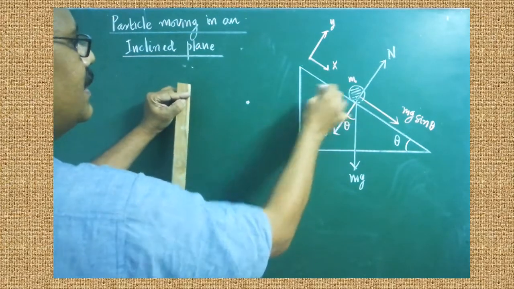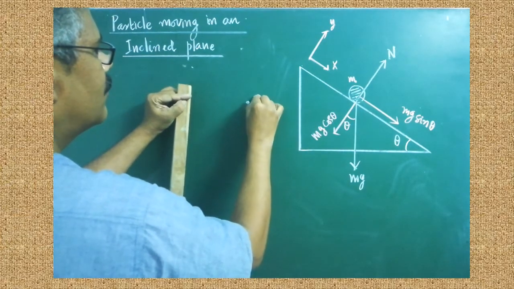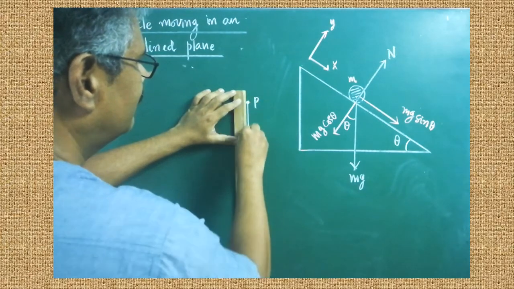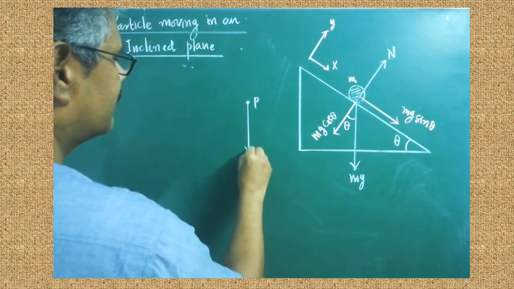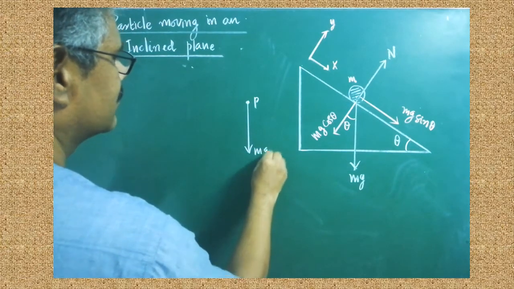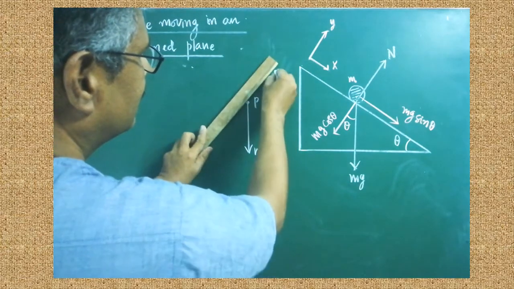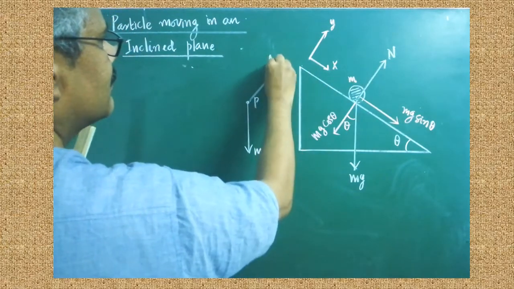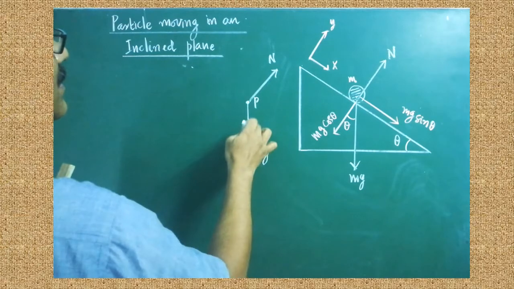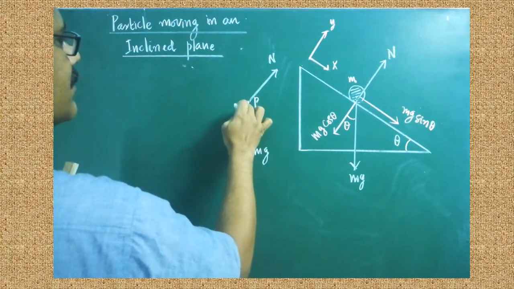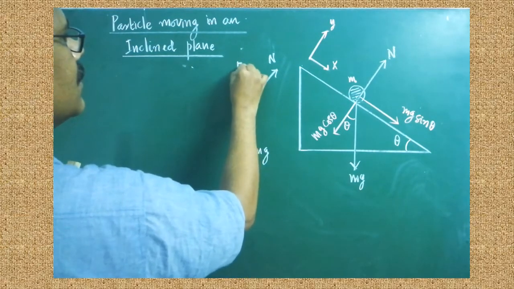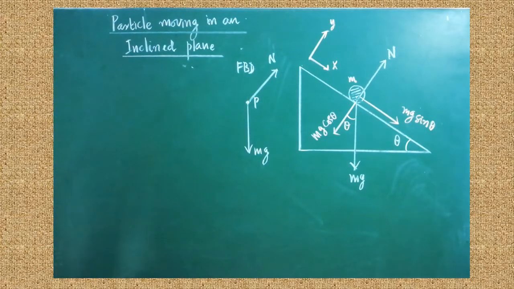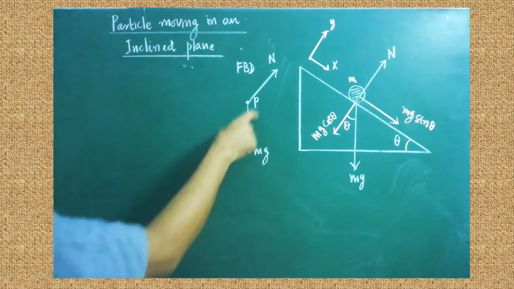The body can be represented by a point mass, and then we have to draw the forces. Are you clear? The first force is the gravitational force. The second force is the normal force, and the same direction as drawn here must be taken. So there are two forces acting on the point mass in this free body diagram. For the free body diagram, a separate mark will be given. So here we have found that two forces are acting.